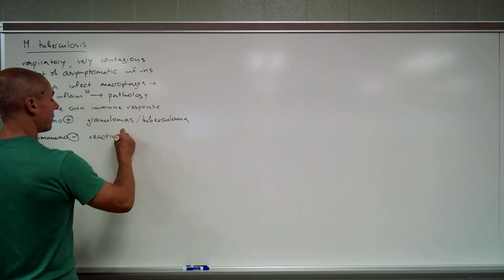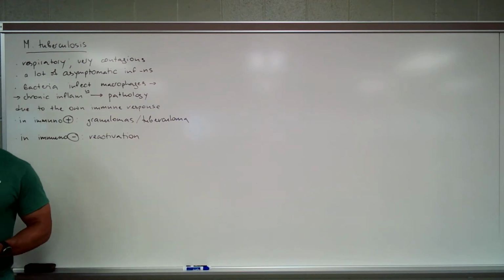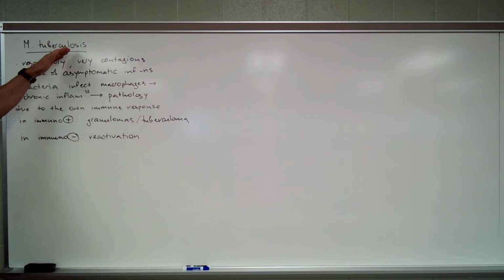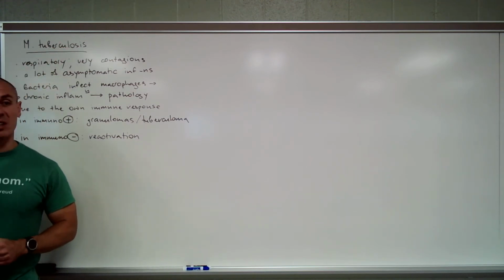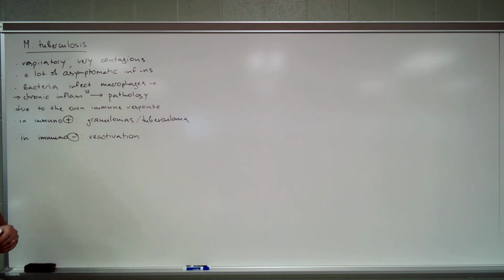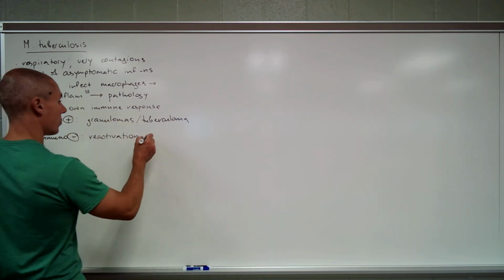When I say reactivation, you have to appreciate it's not reactivation in the herpes virus sense of reactivation. It's a very, very slowly dividing bacteria. So once the immune system is compromised, bacteria start to spill out of the granuloma, and that results in